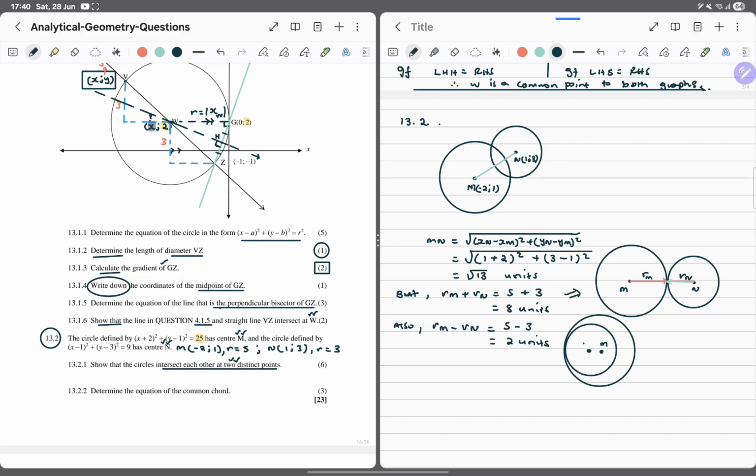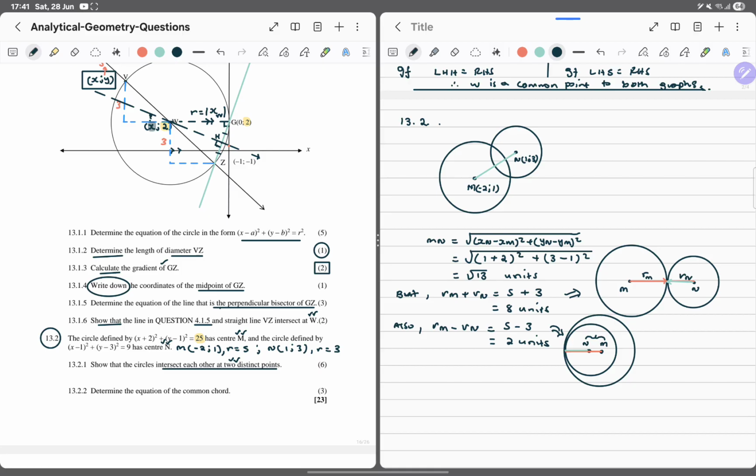So this is M, this is N. Now, what we appreciate is that the radius of the bigger one and the radius of the smaller one are like that now. And can you see that MN is literally the difference between the radii? So this is basically why we think about that. Because we'll see that the distance between these two centers is literally the difference between the radii when they touch